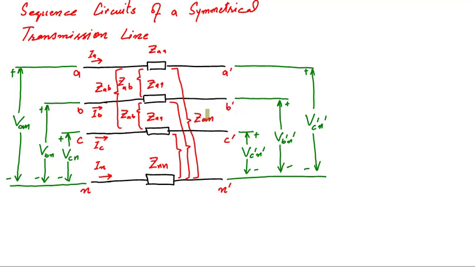In order to develop the sequence equivalent circuit for this transmission line, first we will have to write three phase equations, and then by using the same procedure that we did in the previous section, we will convert those phase equations into the sequence equations, and then we can use the sequence equations to draw the final sequence circuit. Here, in order to write the phase equations, we will make a single phase loop circuit that will help us write the equation in a much easier way.